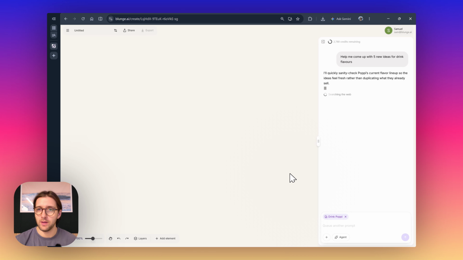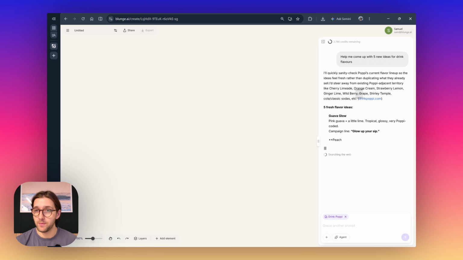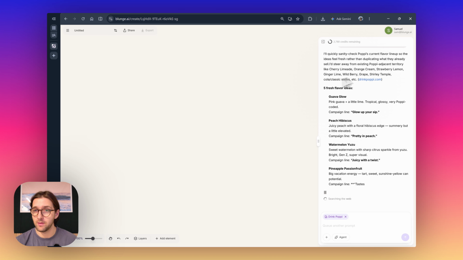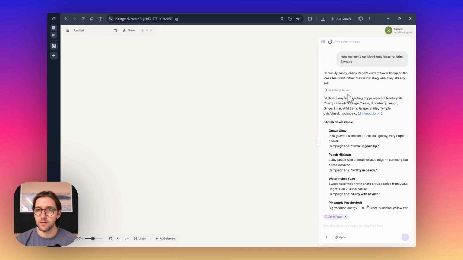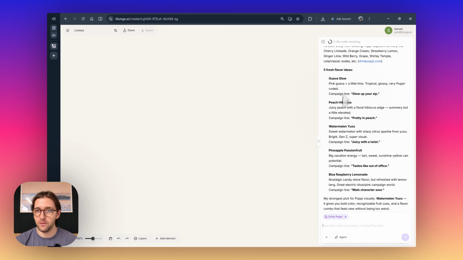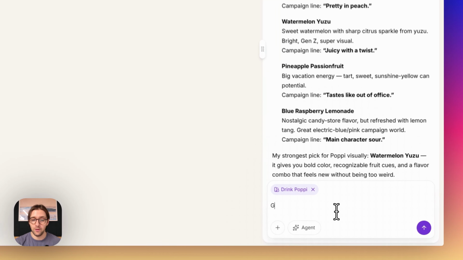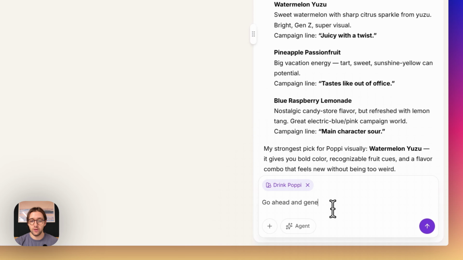The cool thing here we can see the agent doing is actually searching the web to see what flavors they actually have at the moment to make sure we don't double up on one that already exists. So I can see I've got 5 new flavors. And the feature I want to show you guys is that you can actually generate all of these variations at the same time. So I'm going to tell the agent to go ahead and generate